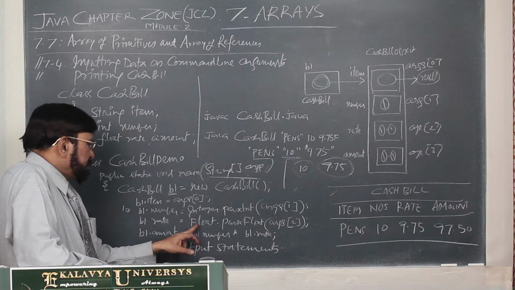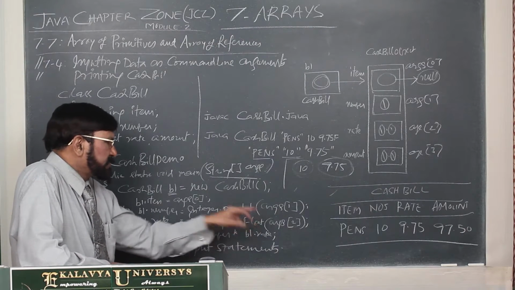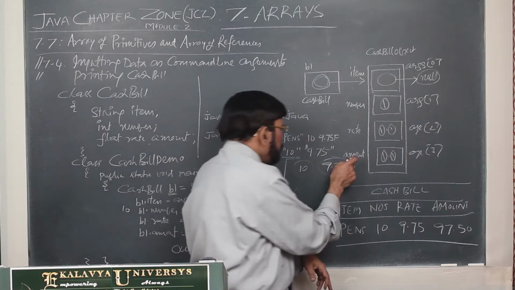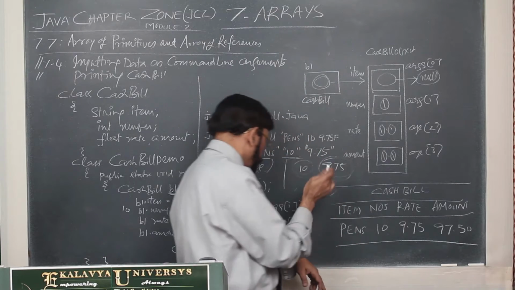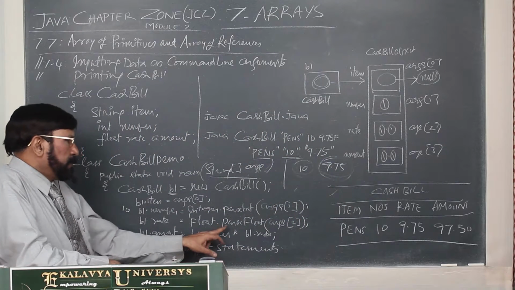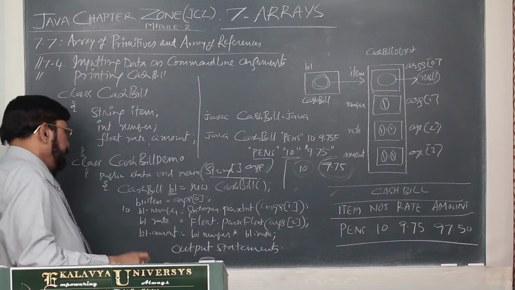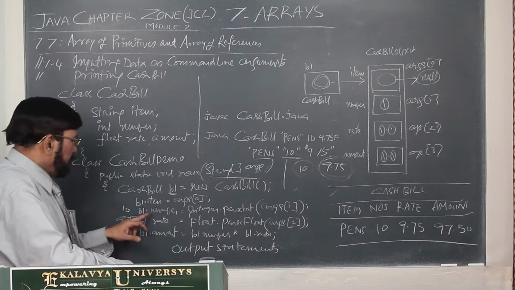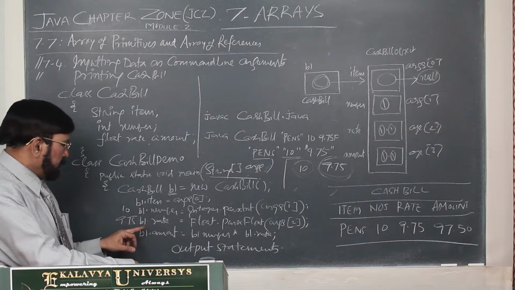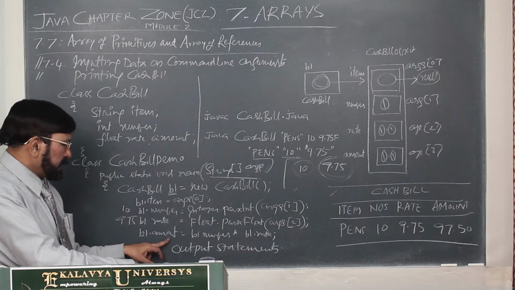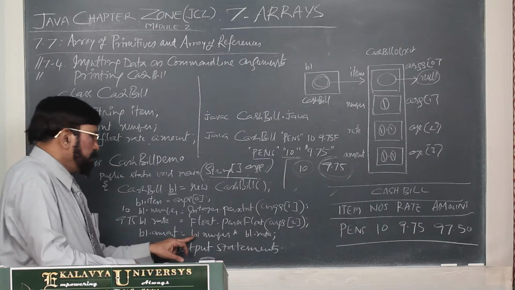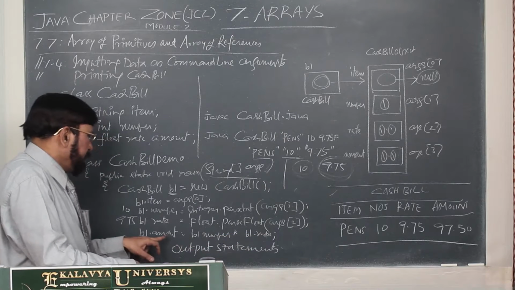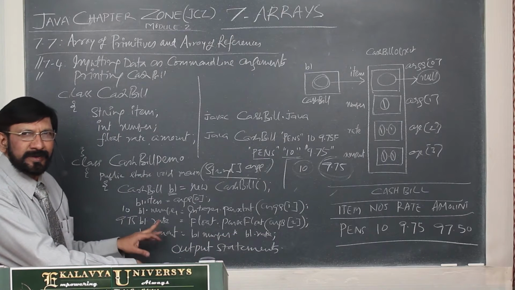The second one is Float dot parseFloat. Now actually this is a floating point value, it is wrapped. This wrapper has to be removed. For that purpose, we have to use parseFloat. Then 9.75 is stored in that. Thereafter, now we see b1 dot number, b1 dot rate, b1 dot amount we have to calculate. So b1 dot number into rate we are calculating, then amount is calculated and stored here.